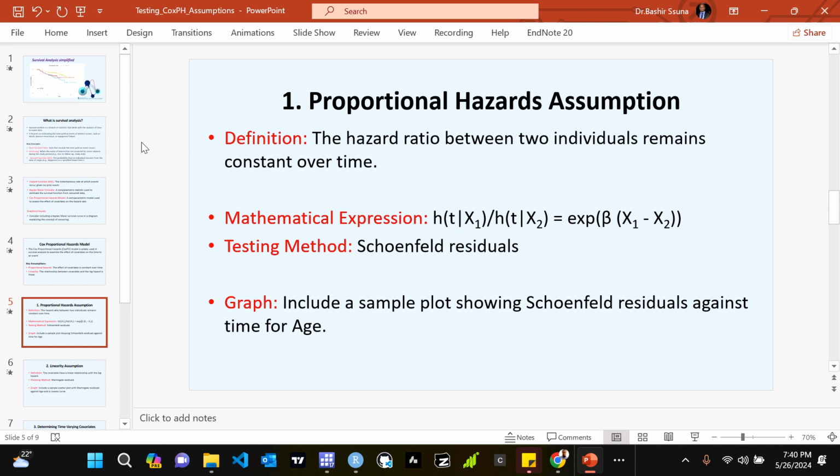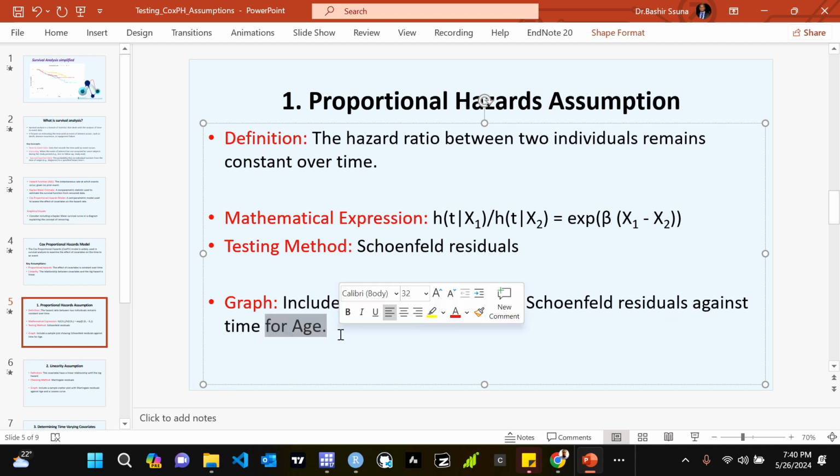This is just a mathematical expression: the hazard of x1 over the hazard of x2 is the exponential of beta times x1 minus x2. We test this by plotting the Schoenfeld residuals. This graph includes a plot showing Schoenfeld residuals against time for age. I chose age because we are going to use age